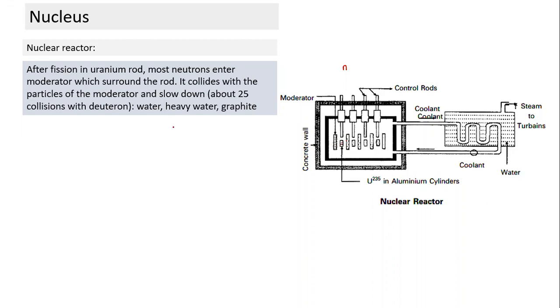And what are the moderators? How is the energy released? Energy is released by the process of collision. You have a fast moving neutron, and the same applies in case of any collision. Suppose we have mass m, and there is another mass which is capital M, and this has some kinetic energy. After the collision, it will lose a certain amount of kinetic energy, and for the loss of kinetic energy, you require elastic collision.